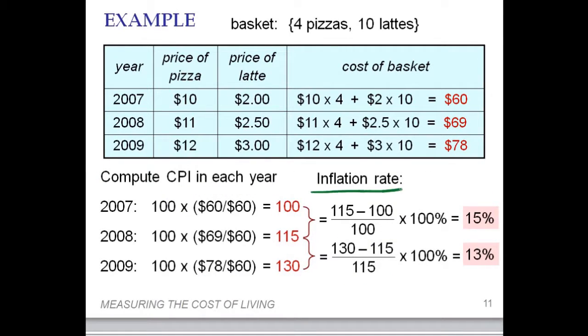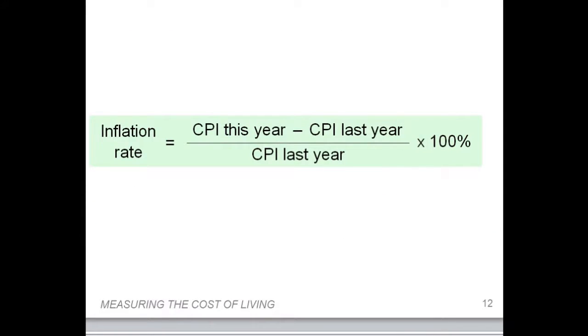Finally, we will find the inflation rate. Because the inflation rate is the rate of change in prices between 2 years. The first rate of inflation here will be calculated by finding the rate of change between 2007 and 2008. By going back to the formula, which was the CPI for this year minus the CPI for the last year, divided by the CPI for the last year,